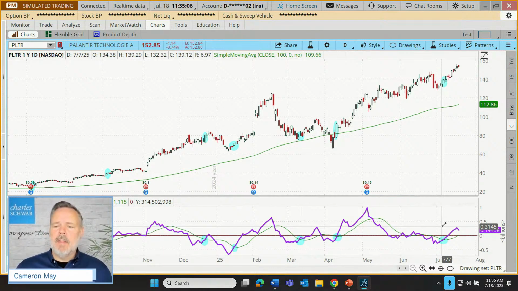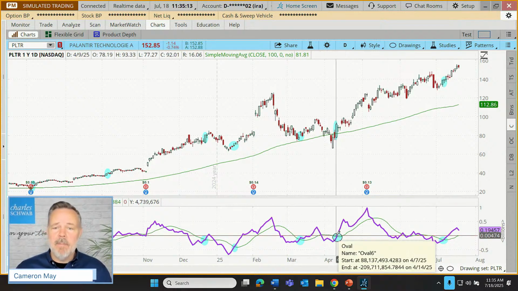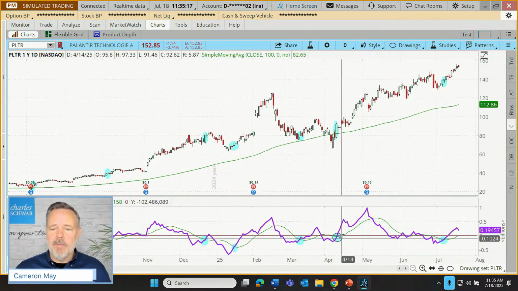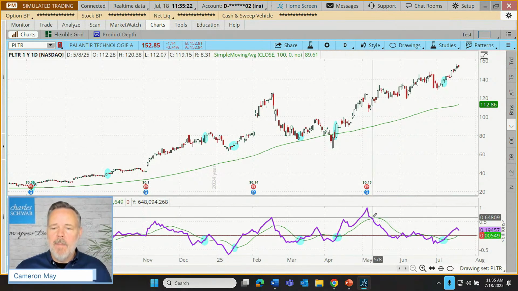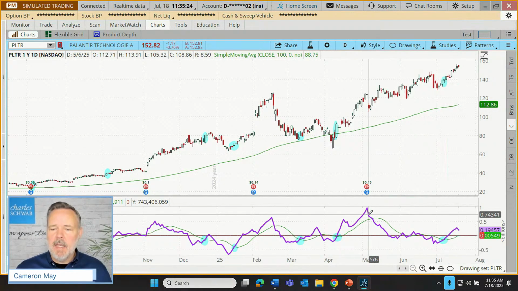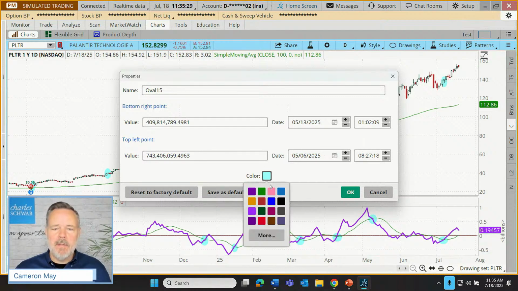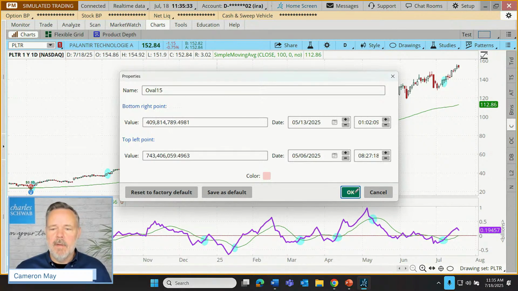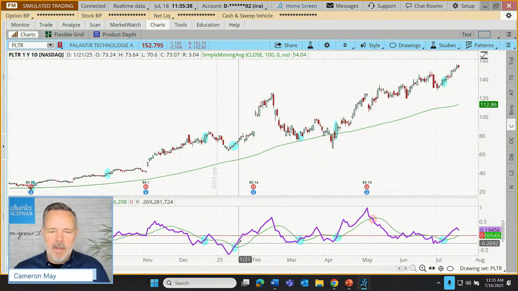So let's make a plan for this. How might a trader trade this approach? Well, one exit to take potential profits is to wait for a crossover in the opposite direction. So for example, this entry here, the second most recent entry, may have had an exit right here. Let's draw in an opposite oval. Let's edit its properties to identify that as an exit signal. There we go. In this case, it looks like that one would have panned out with a profit. What about this one back here?